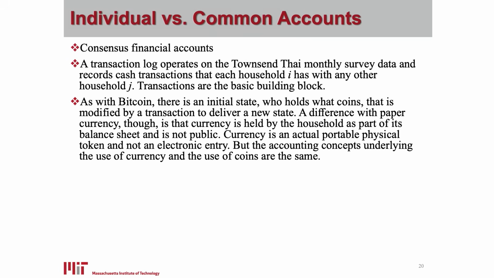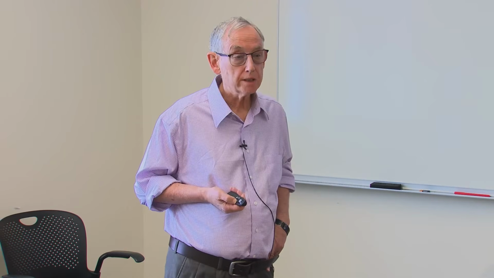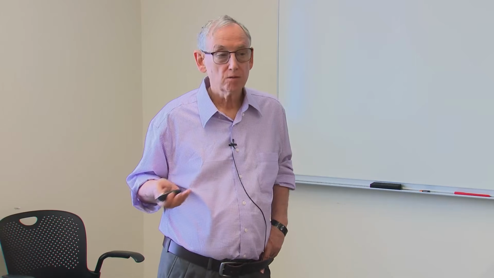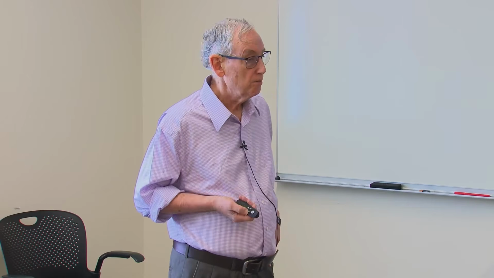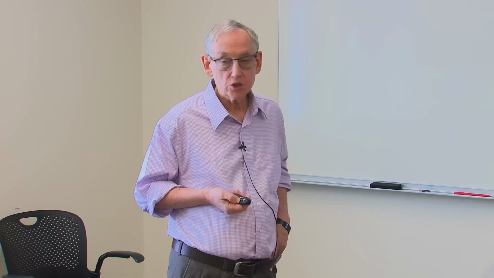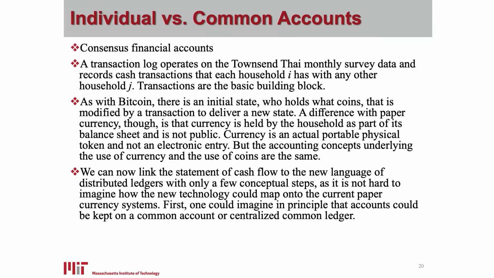And currency is, of course, an actual portable physical token. It's not an electronic entry. I kind of wish Bitcoin had not said it was a coin, because it's clinging to this representation that we've seen so often when we talk about monies. Bitcoin isn't really a coin at all. It's just code. It's an organized database with transactions. But anyway, currency is clearly, literally a coin. If it's not paper, it's